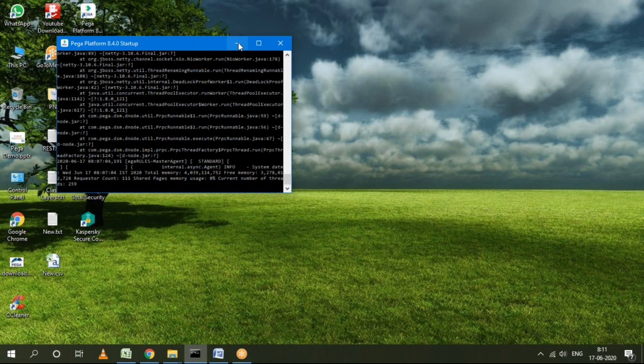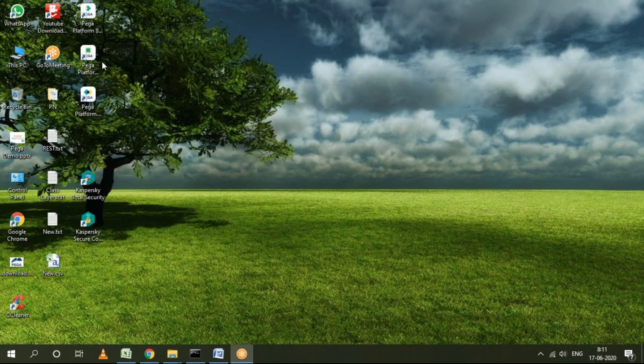You should not close it like that more than 3 or 4 times continuously. If you close this window directly, the server files, setup files and everything will crash. So the shutdown icon is right here. Anytime you want to shut down the application, you need to click on the shutdown icon. Don't close the window directly.